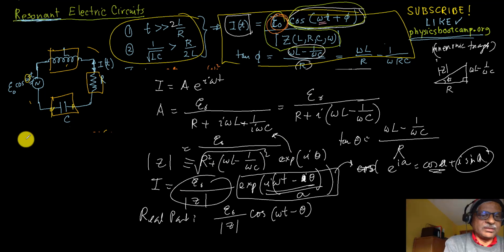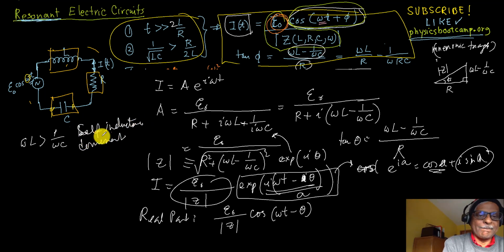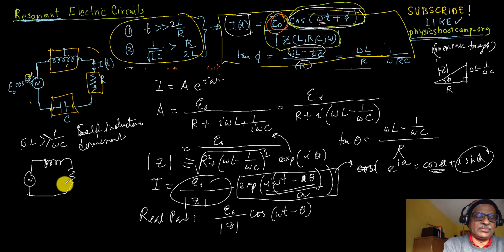If omega L is greater than 1 over omega C, we say it's a self-inductance dominant circuit. So inductance dominates over capacitance. In that case, if you had just this circuit, say there's no capacitance,